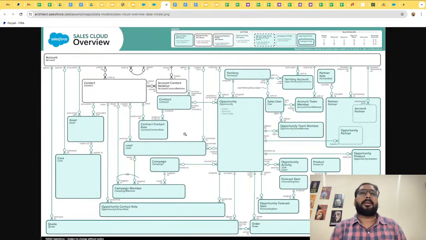I'm just using that reference so that I can explain and you can understand how different objects are connected, and before that, how many objects are involved in Sales Cloud. Everybody needs to know this, because when you go for an interview, apart from admin configuration, if you know the configuration of a particular cloud,